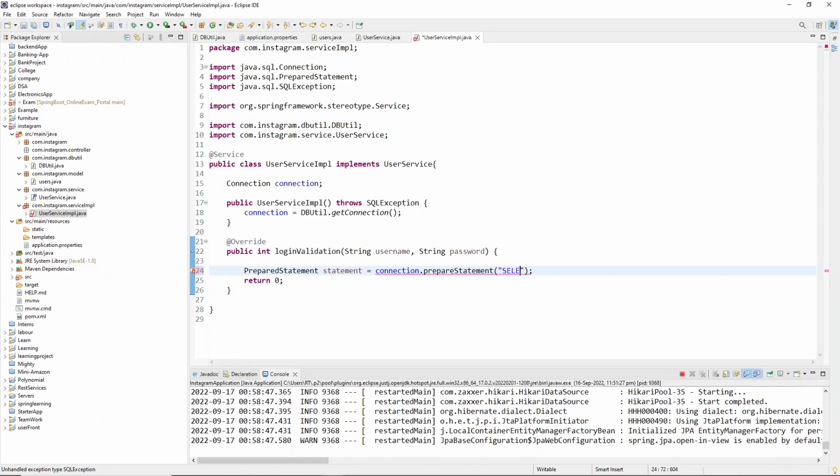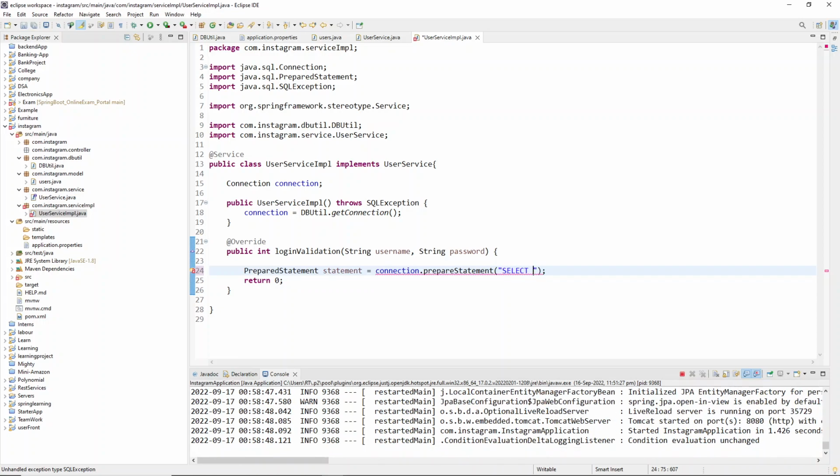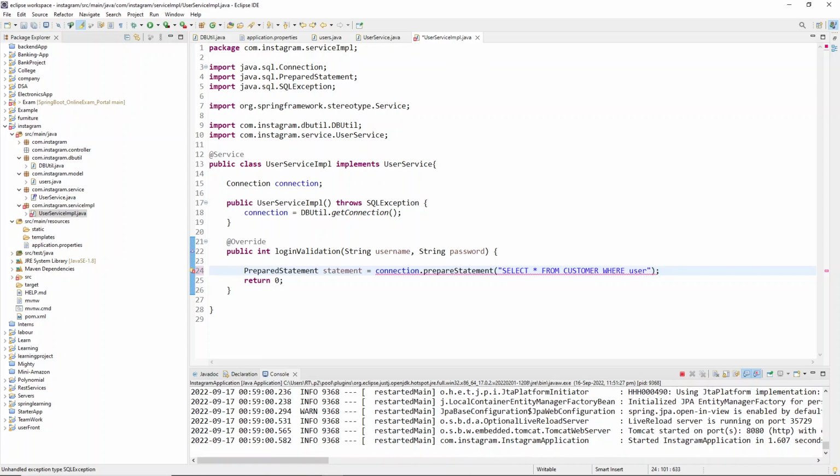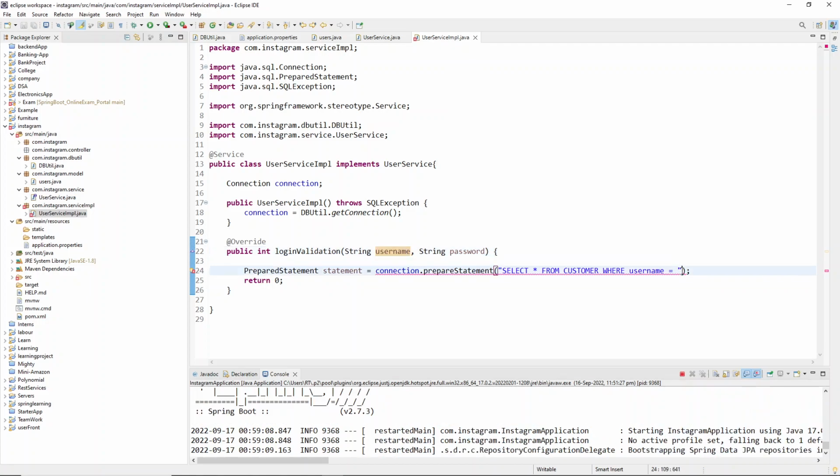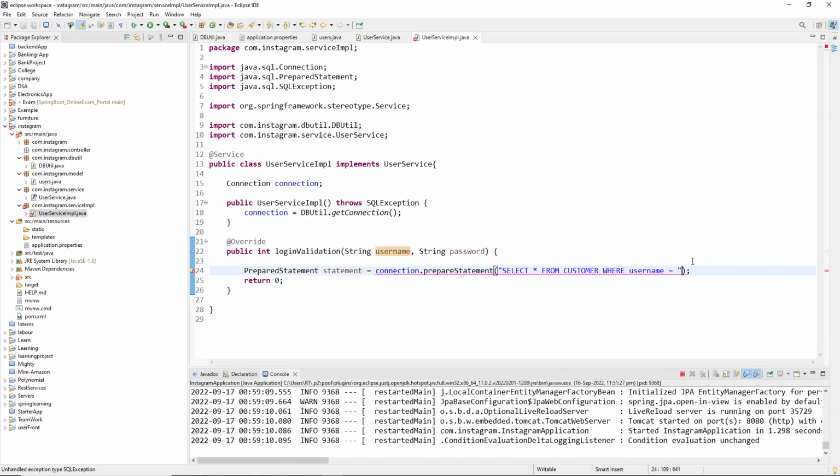Okay, so select star from customer. I want to select a customer who has a username, where the username is equal to whichever username comes from the argument. So I'll keep it like this. If the username is like this,